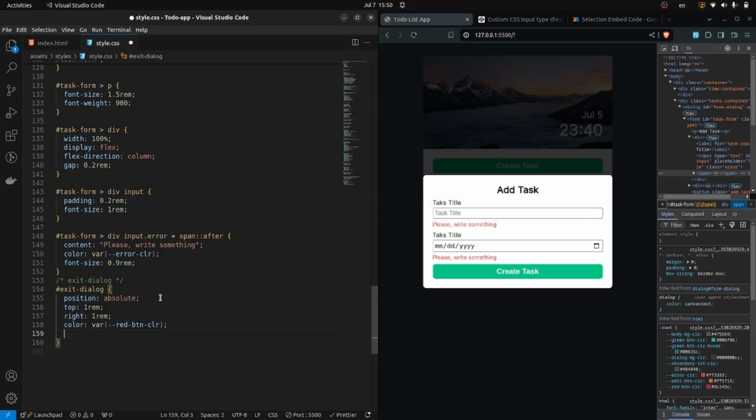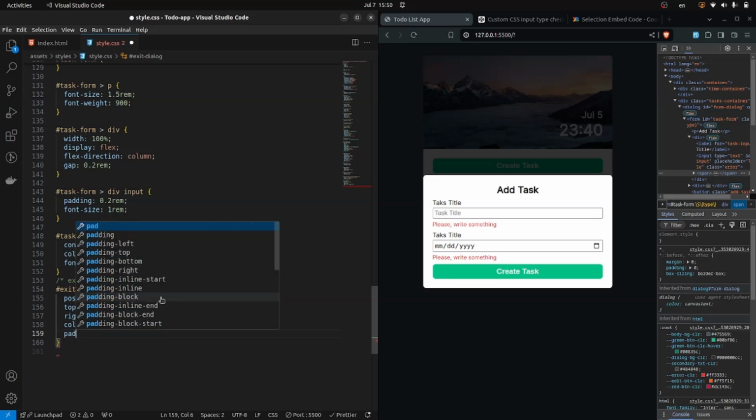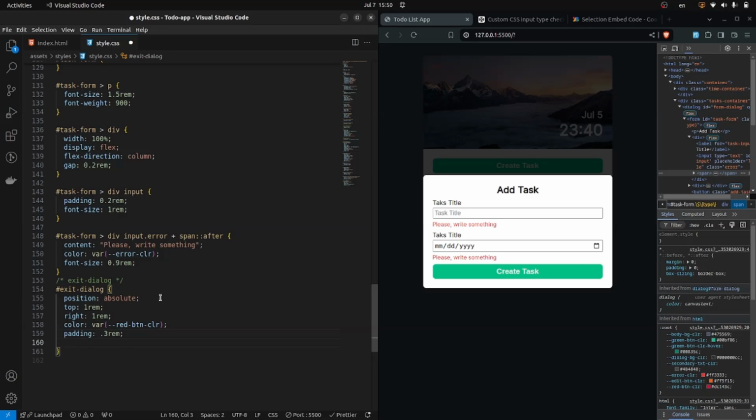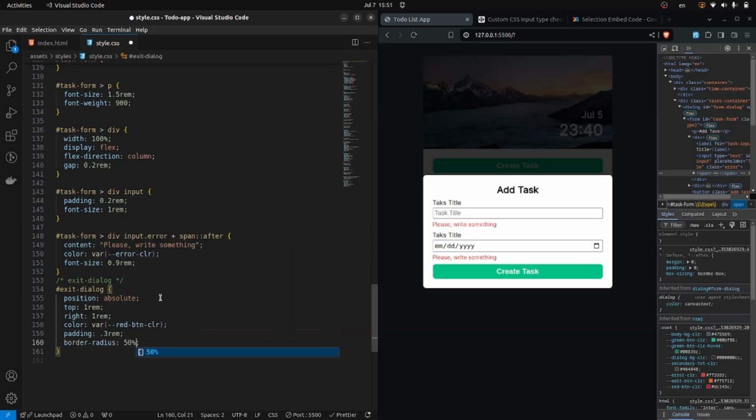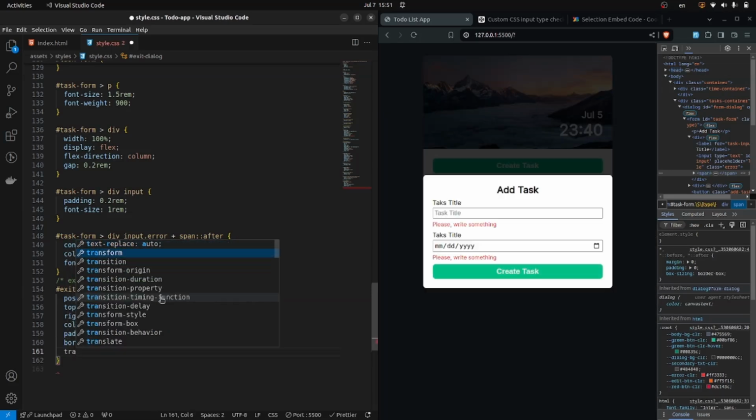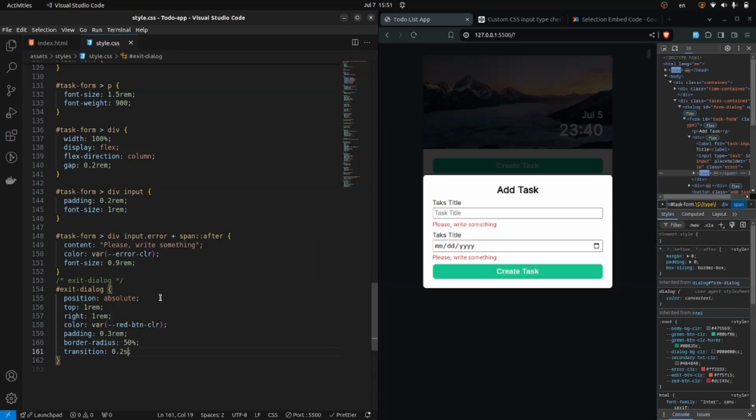Then let's add padding of 0.3 rem, border radius 50%, so it's wholly rounded, and transition, let's say transition of 0.2 seconds. When I hover it, it's going to be